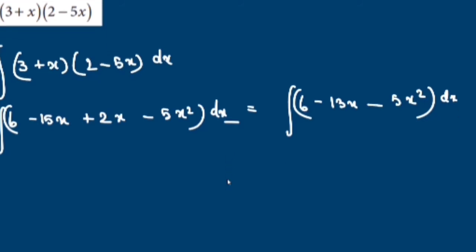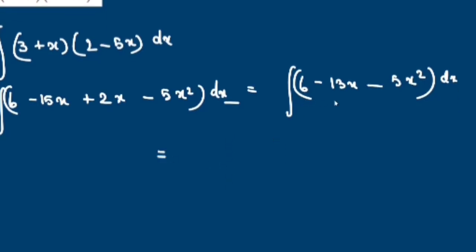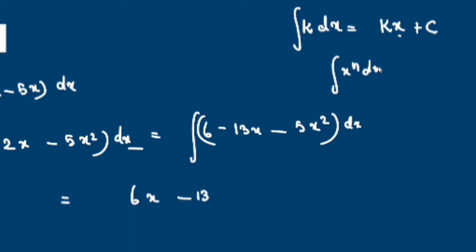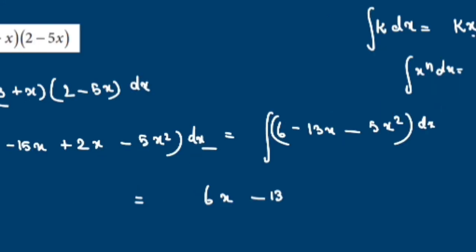So that is equal to integral. Now what is the integration of 6? What is the integration of a constant? k x. Put x here. That constant c we can put at the last step. You need not write plus c everywhere. So 6 will become 6x. Minus 13 is a constant, and this x is there. Integration, use the formula now: integral of x power n dx is x power n plus 1 by n plus 1 plus c, when n is not equal to minus 1. So n is not minus 1, n is 1 here.